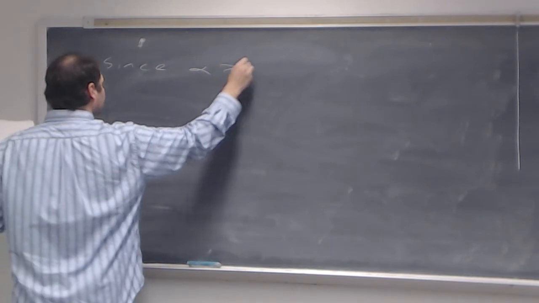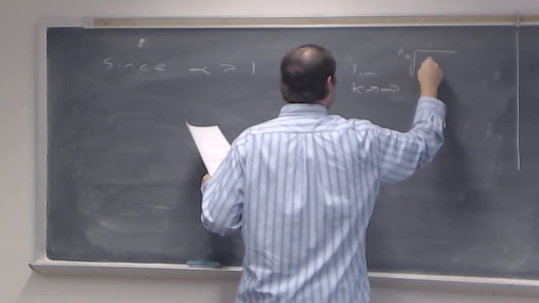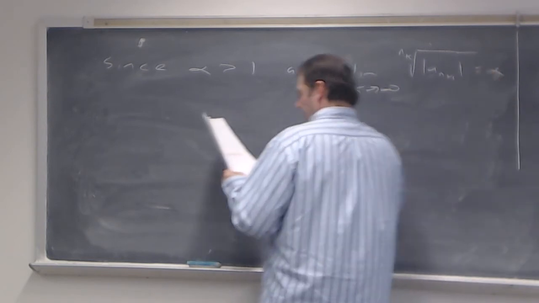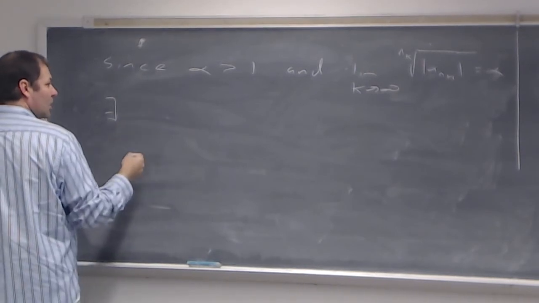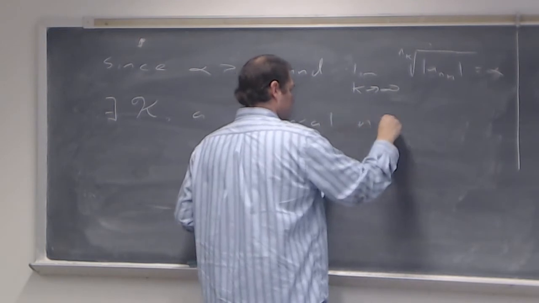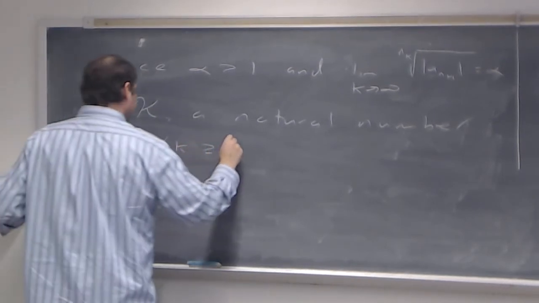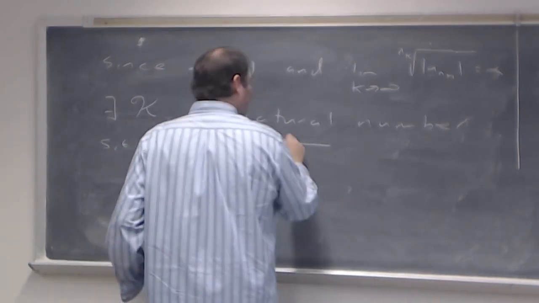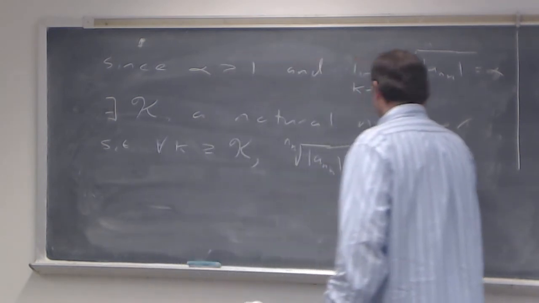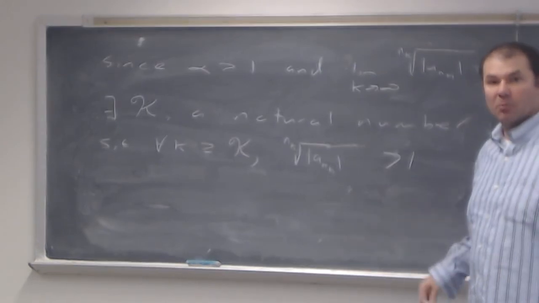Since alpha is greater than 1, and the limit as k goes to infinity of the n sub k root of the absolute value of a sub n sub k is equal to alpha, there exists a fancy k, a natural number, such that for all k bigger than or equal to this fancy k, the n sub k root of the absolute value of a sub n sub k is going to be greater than 1, because it's going to alpha, so eventually all the terms of the sequence